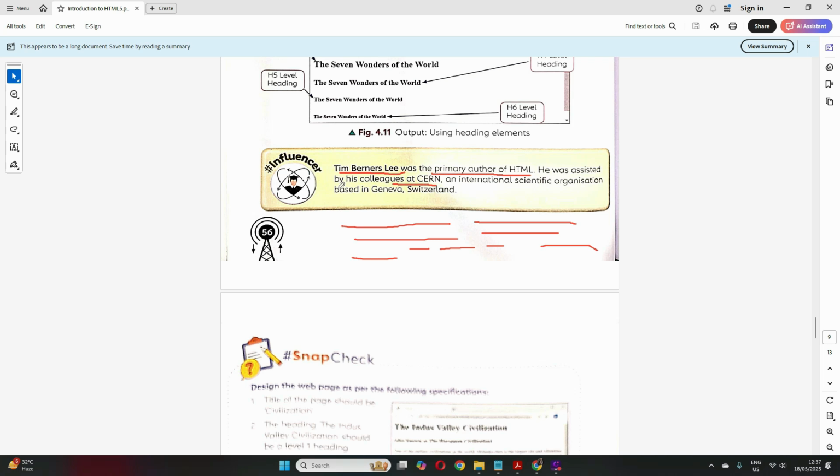So who was the primary author of HTML? It was Tim Berners-Lee. He was helped by a lot of his colleagues at CERN. And CERN is an international scientific organization which is in Geneva, Switzerland. Clear?